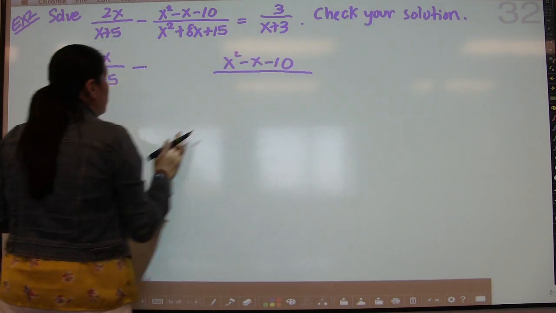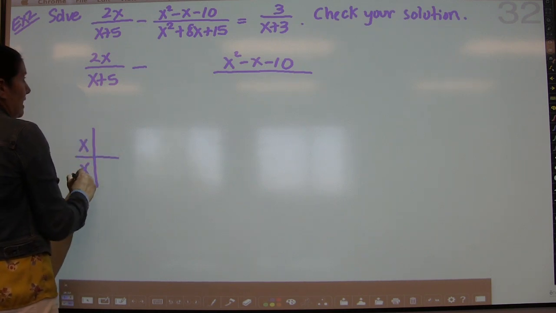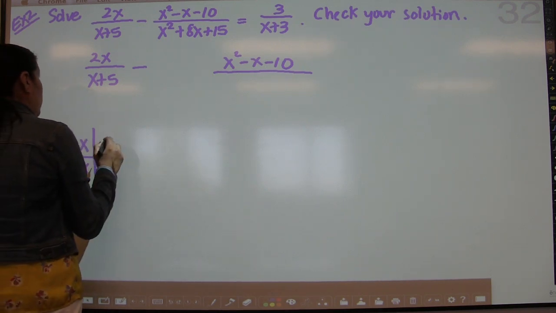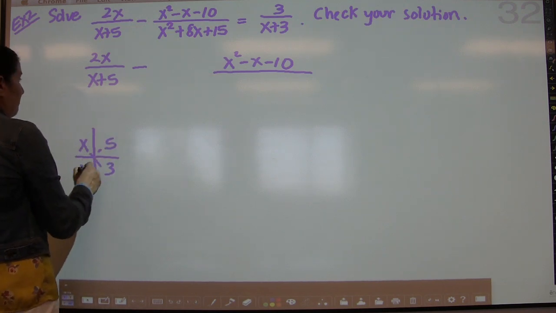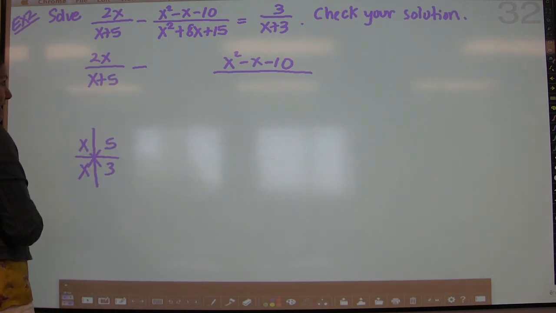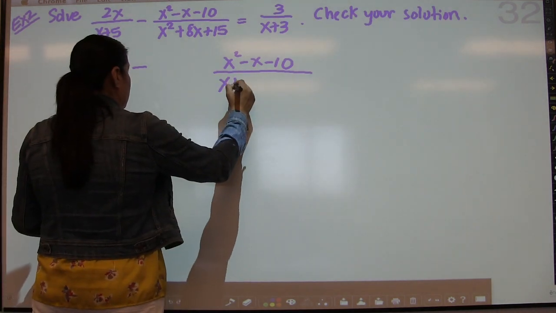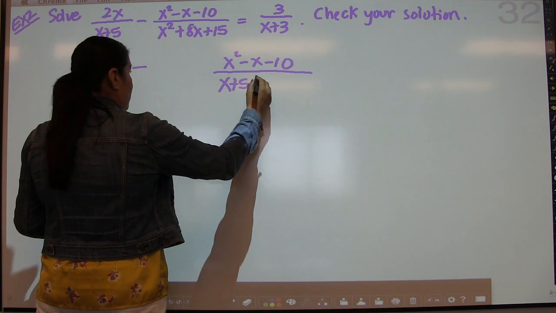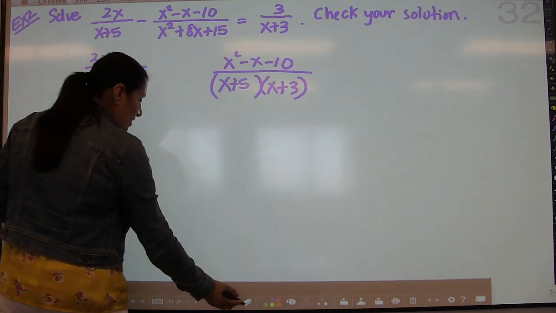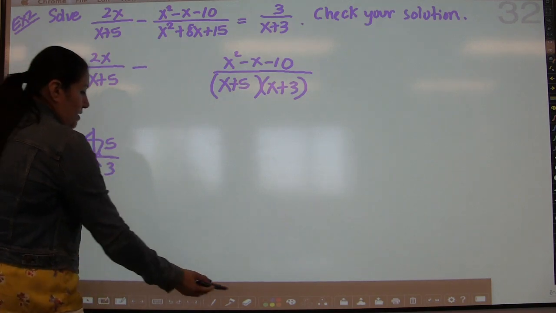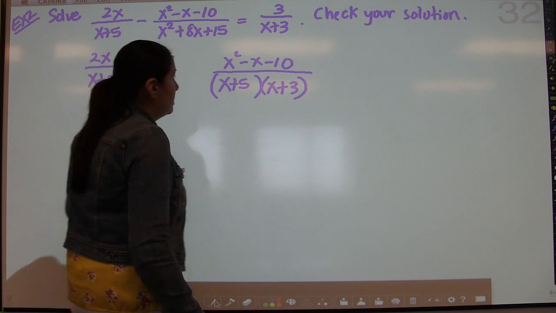But on the bottom, we are going to factor that part, and that one I know will factor. So we have x and x, and then to get 15, you're going to want to do 5 times 3, and if you add 5x and 3x, you get 8x, which is what you have on the bottom. So in this case, the bottom will become x plus 5 and x plus 3. And we'll go ahead and get rid of this factoring guy over here. We don't need him anymore now that we've factored. So,